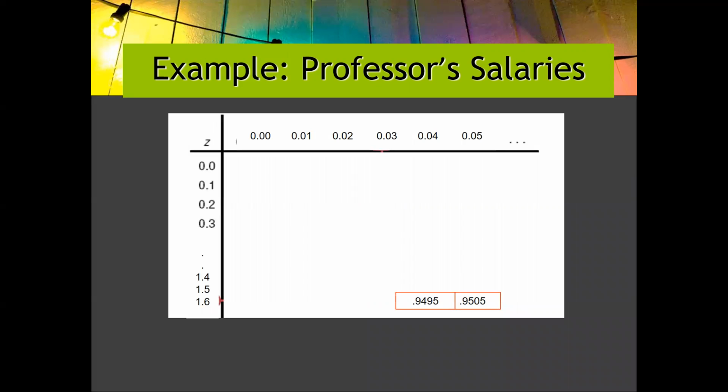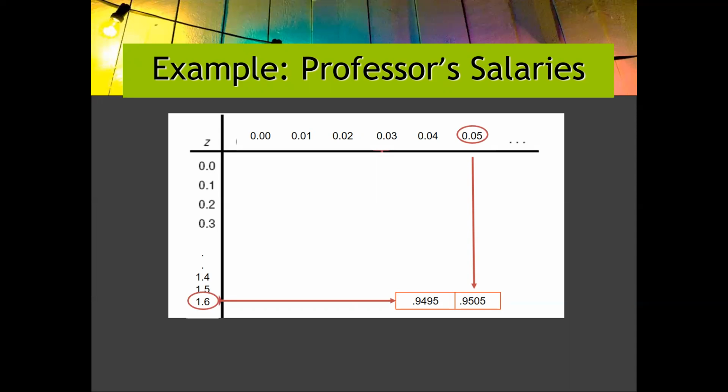The areas closest to 0.95 are 0.9495 and 0.9505. Take note, when the z-value is positive, we have to select the higher value. In this case, the z-value for 0.9505 is